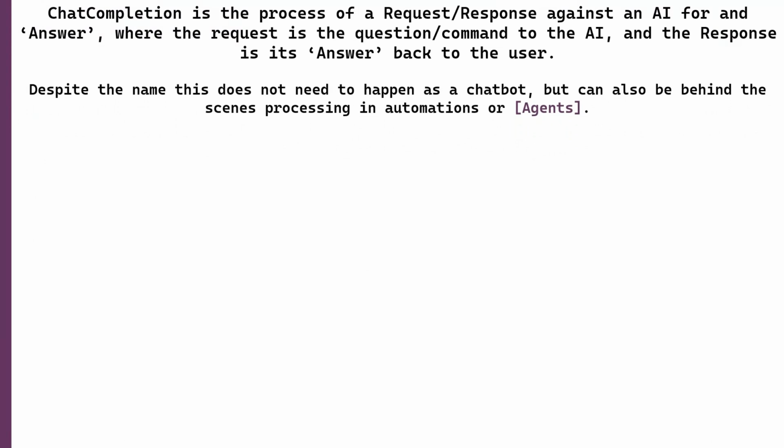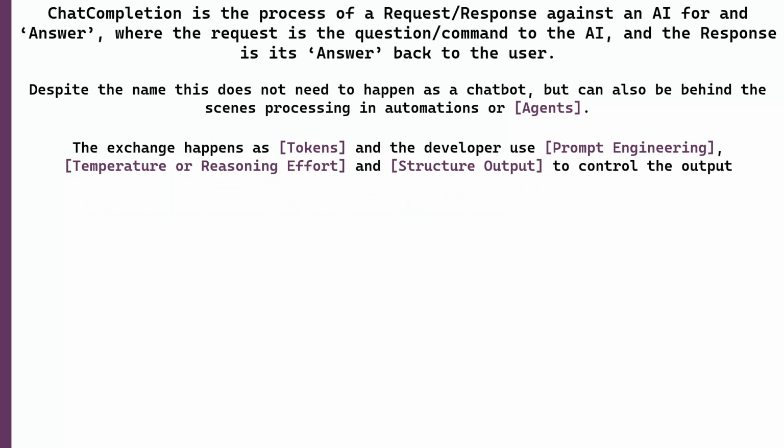Despite its name, chat completion, it's not only what happens in chatbots. It can of course also be happening behind the scenes if you have some webhook and it gets an input in terms of a question or something you want to review. You can of course do this behind the scenes. You don't need to put a chatbot interface on top of this. Agents could do it, but again, any kind of AI. So it's just a name, and it's more about the question and answer part.